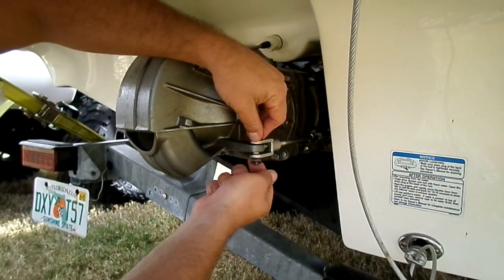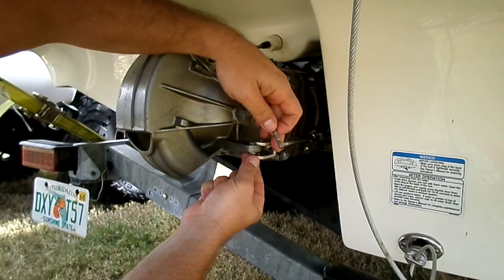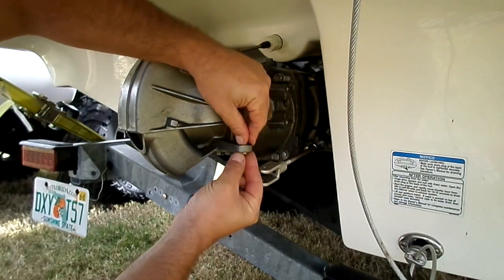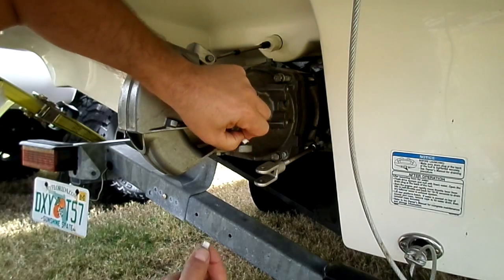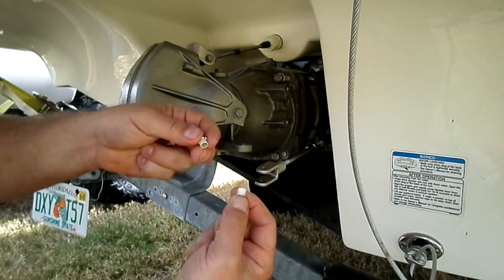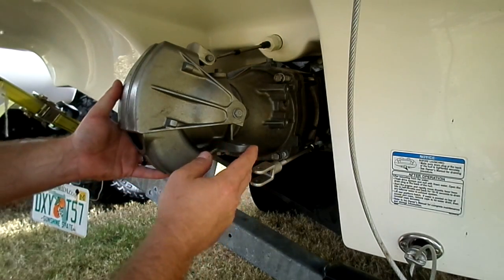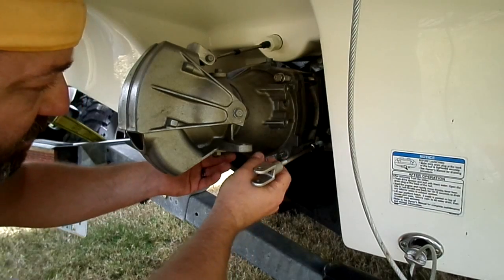Be careful, because you'll notice in here is a little plastic piece. It stays in this unit. There's two of them. Make sure you get those out and don't lose them. It just kind of acts as a lubricant and makes it run smooth. Set those aside. Now this is all broken apart. These big old bolts are out, and you can see